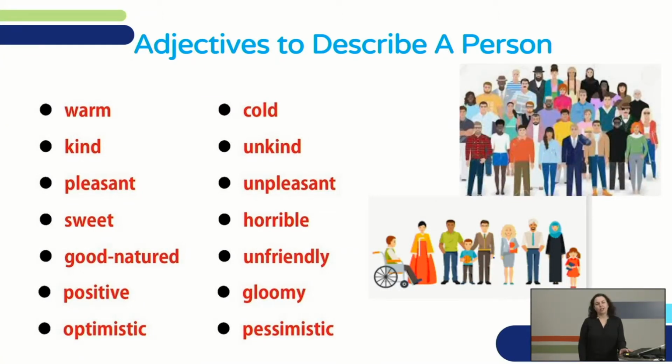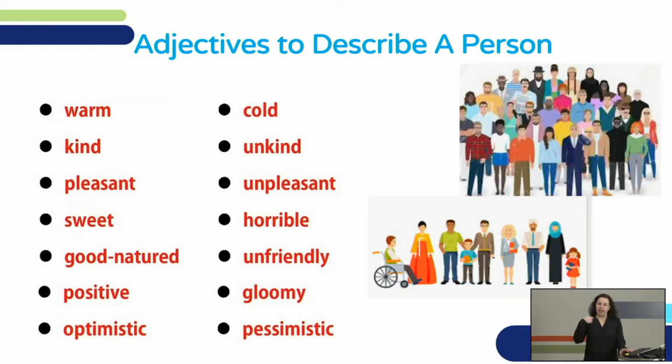Good-natured. A good-natured person is someone that has a good nature, he has a good character. He is kind, he is caring, he is nice, he is good-natured. These are all synonyms, could be. Positive. I think positively about the situation with the coronavirus. I'm afraid, but I am positive everything will be okay at the end.